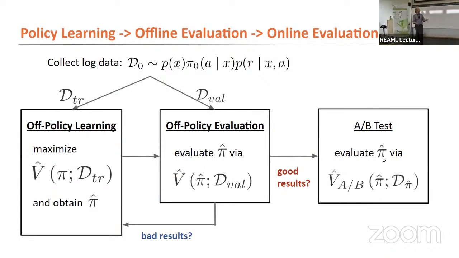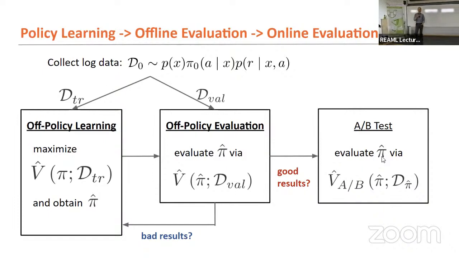Moreover, what you can really do with that is you can have these kind of supervised learning workflows. You can do off-policy training. You can hold back some evaluation data, some validation set, on which you can do parameter tuning. You can evaluate these policies on a validation set, and you can iterate as long as you need to. And only once you're happy here, you go into an online A/B test, maybe as a sanity check, right? But if you've done everything right, then there's going to be no surprise, right? What you've estimated offline will be exactly the same as what you get online. That's the big vision.